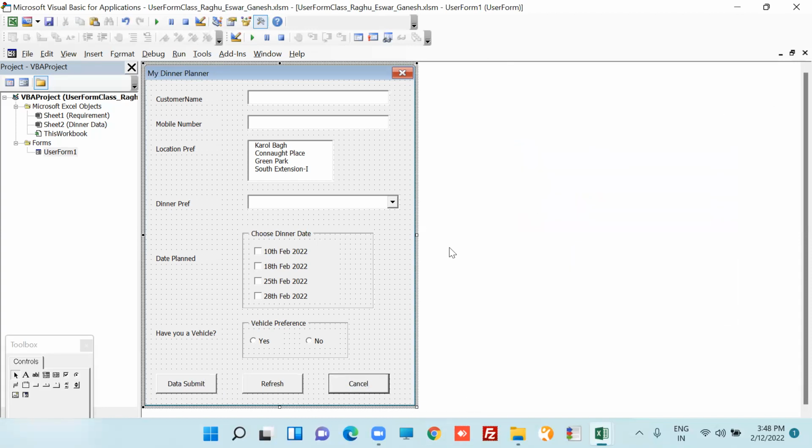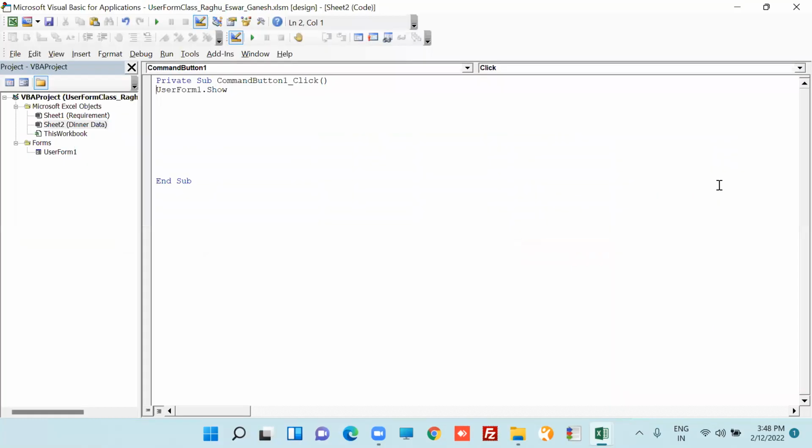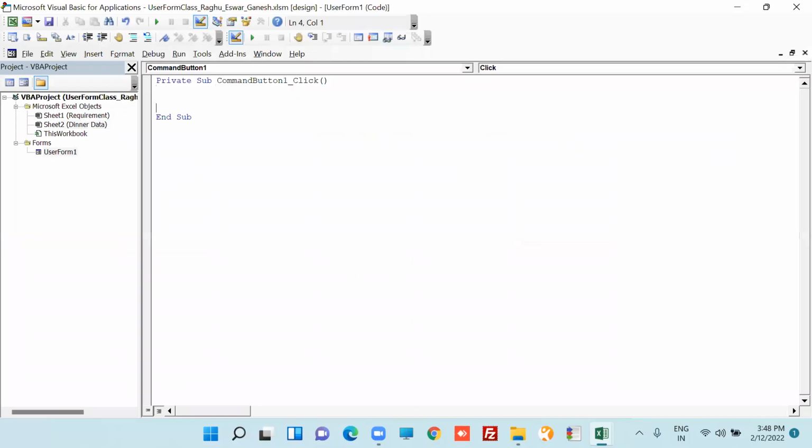If I go back here, this button will only show the user form, nothing else. Every code will be written in the background. That is why I am not getting that option. So in data submit, I am taking,